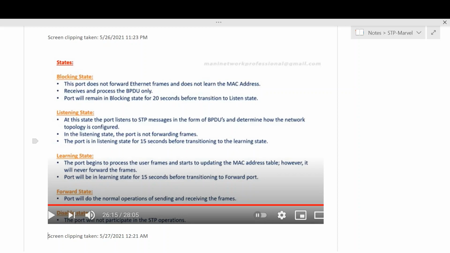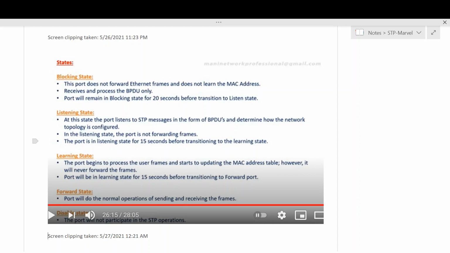Once it comes to the listening state, STP messages are consumed and determine how the topology is configured. In the listening state, the port does not forward any frames. The port listens for 15 seconds before it changes to the learning state. So listening and learning are transition states from blocking to forwarding, and it takes 30 seconds minimum.